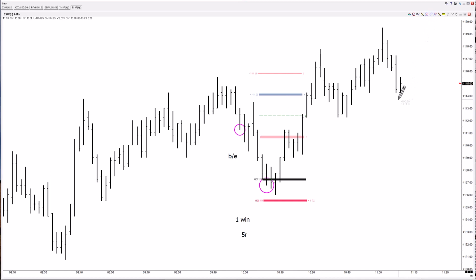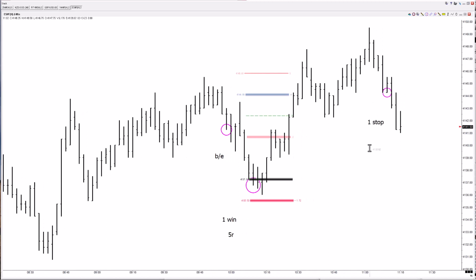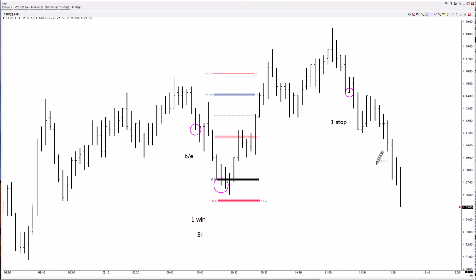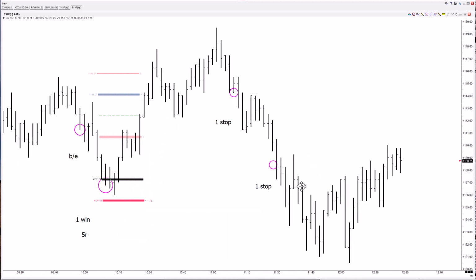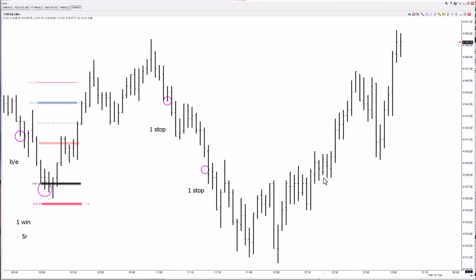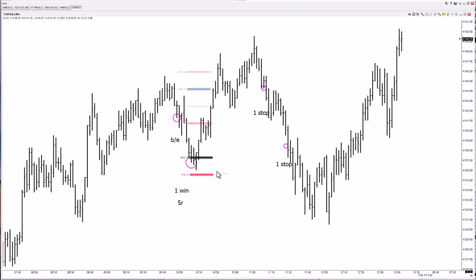And then there's a trade here. And this one was a stop. And then there was a trade here. And this one was a stop. And almost a trade here, but doesn't quite qualify. And expand again, but no trades there. Okay, so that is the results. And yeah, you missed the whole thing because it's discipline, right? What I'm doing has nothing to do with this. So let's add it up.